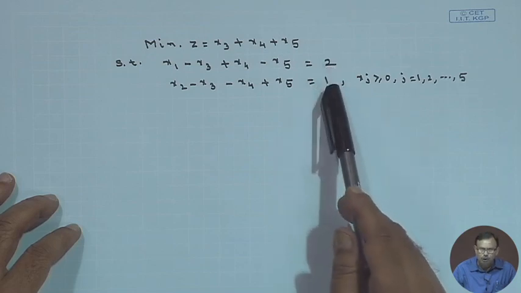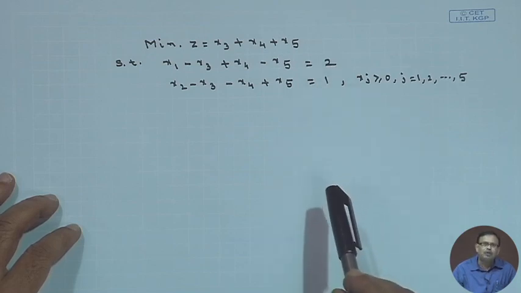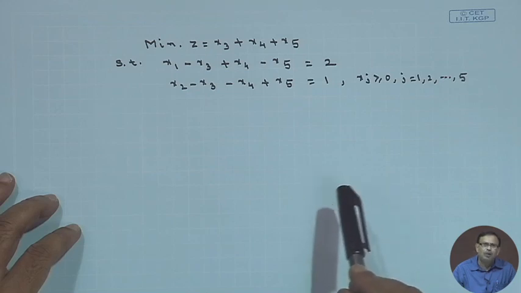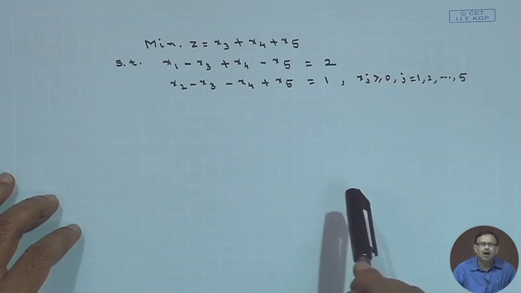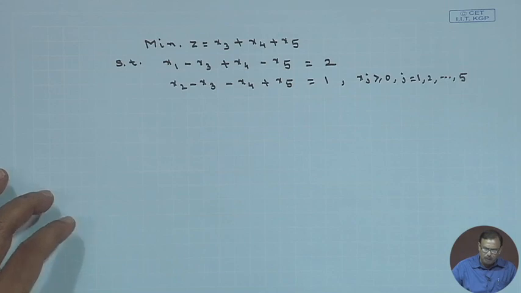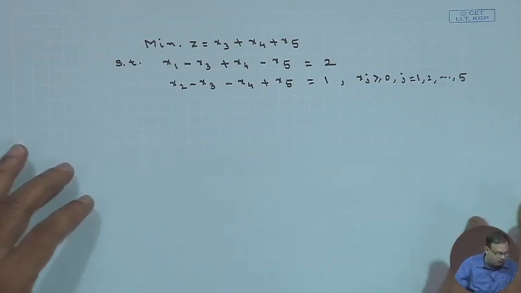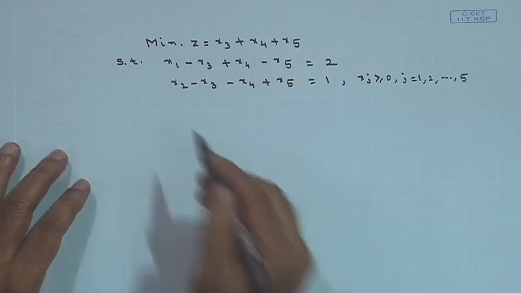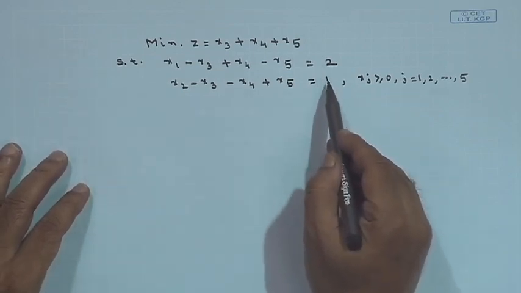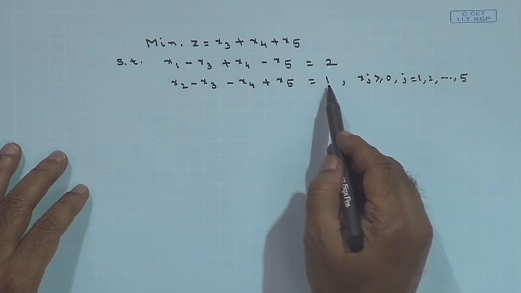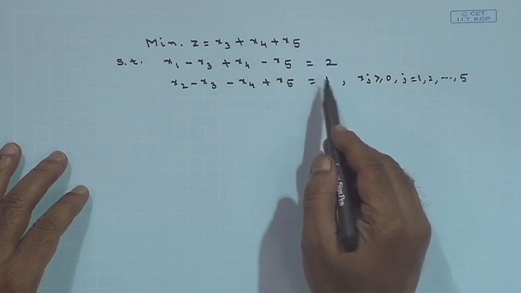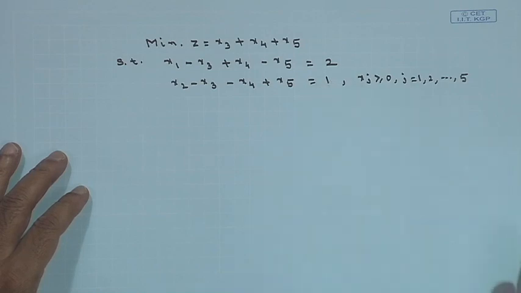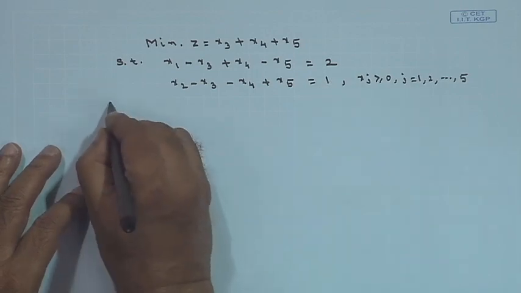So, these two equality constraints I have to convert into inequalities, one will be greater than or equal to, another will be less than or equal to. Then again the greater than or equal to inequality, I have to convert into the less than or equal to type. So, the canonical form of this one, and another thing, note here, since I have two constraints which are of equality type, therefore the dual will have two variables which will be unrestricted in sign. So, first write down the canonical form